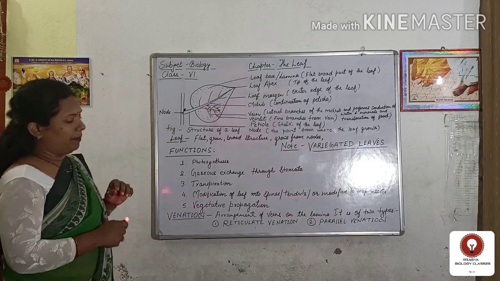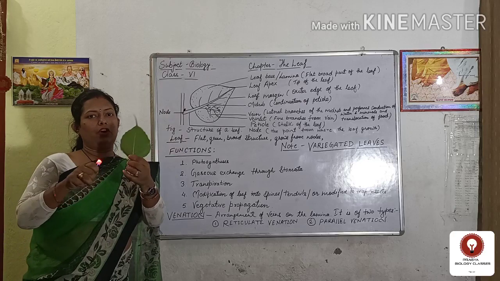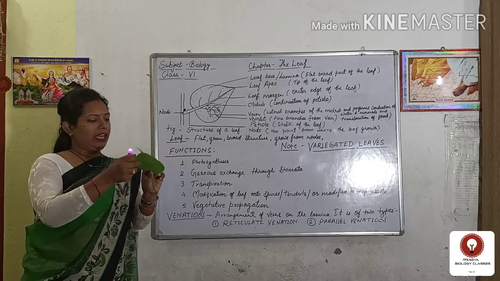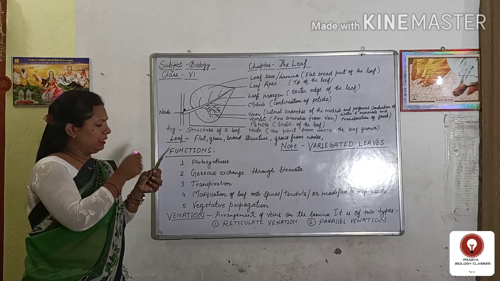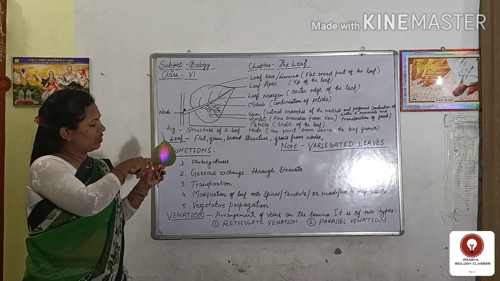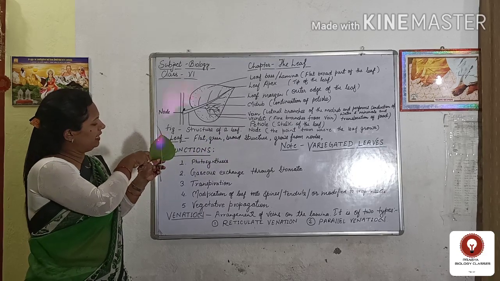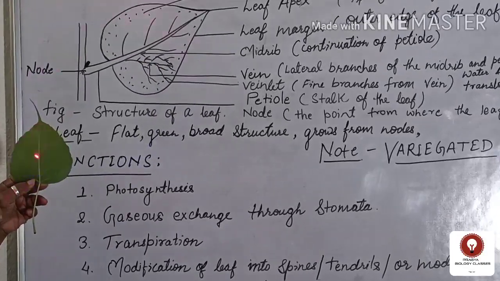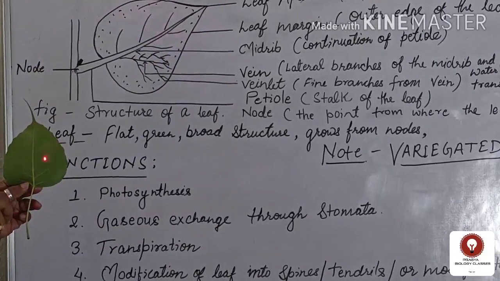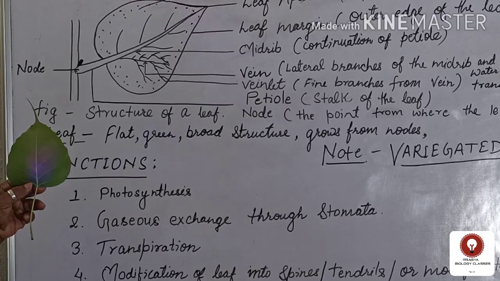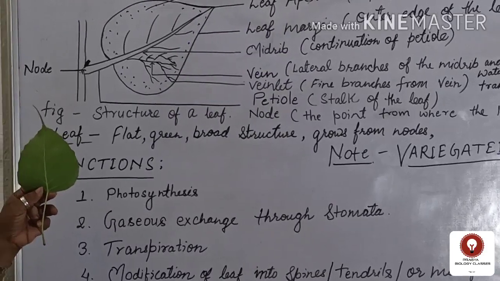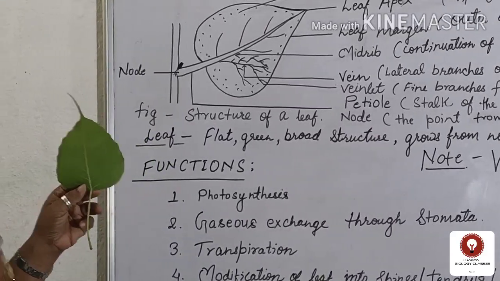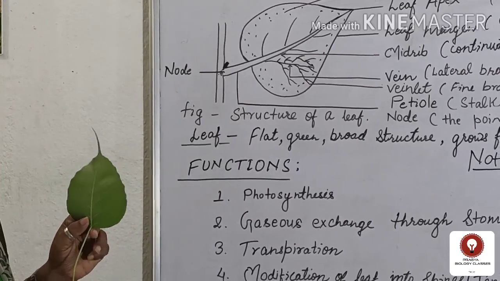These stomata are present at the back side of the leaf. On the back side, as we are able to see, this skeleton structure is present that I have explained here. This is the midrib, and from there many veinlets are coming out. This type of structure can be seen on the backside, but stomata cannot be seen. Stomata are the small pores through which gaseous exchange occurs.